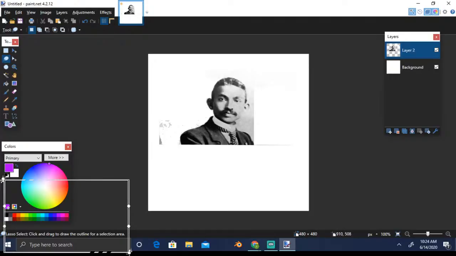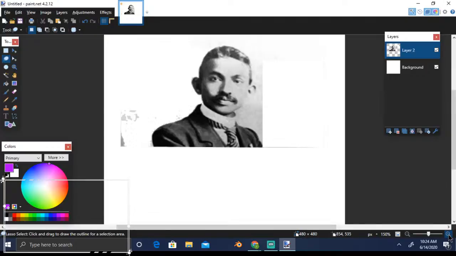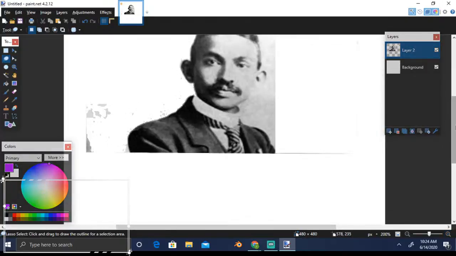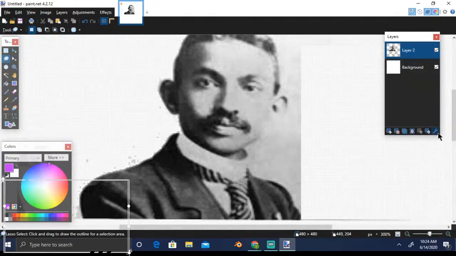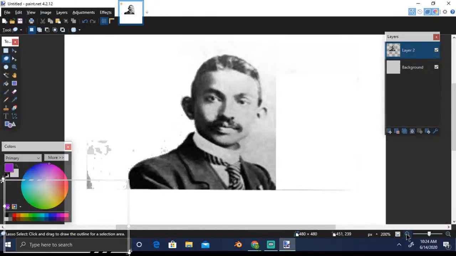So when you are doing any photo editing, it's always advisable to do it in a zoomed mode because that gives you much clearer view. So guys, if you have any questions, do type it in your question. I'll be answering it while I'm doing this thing.